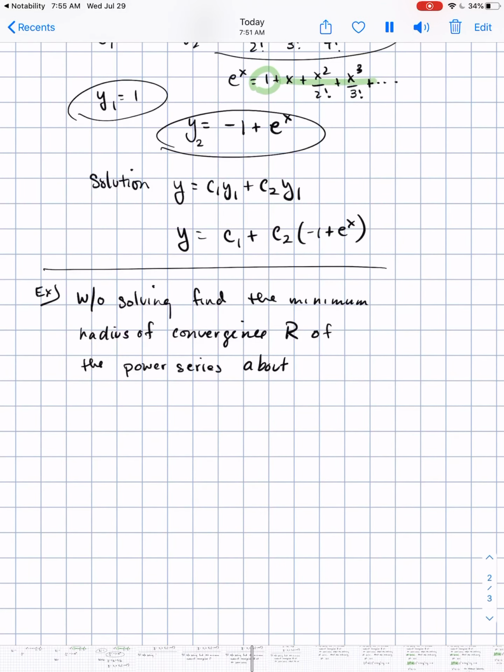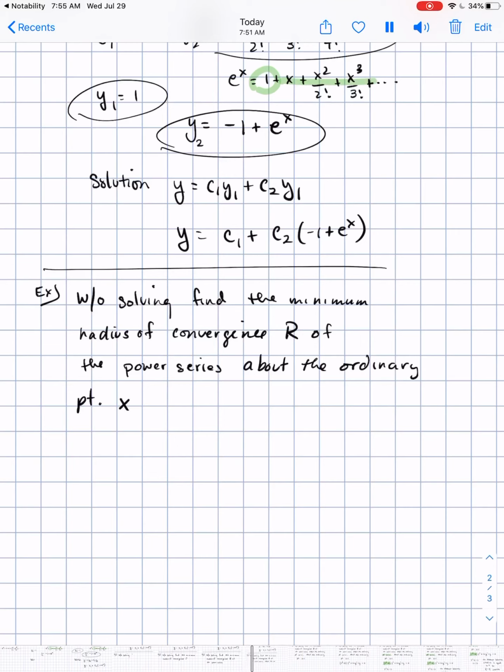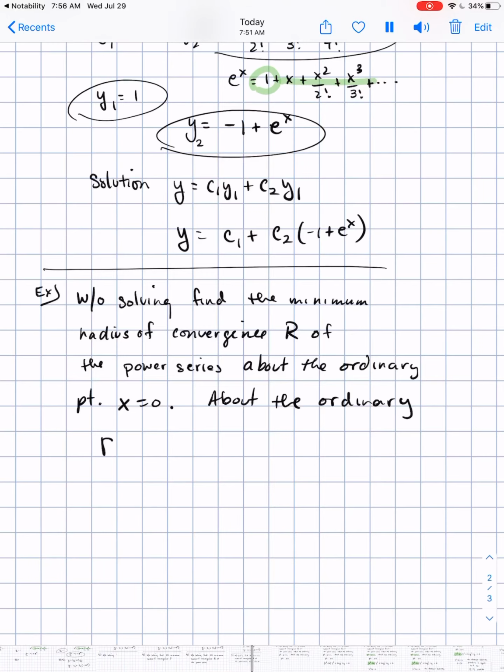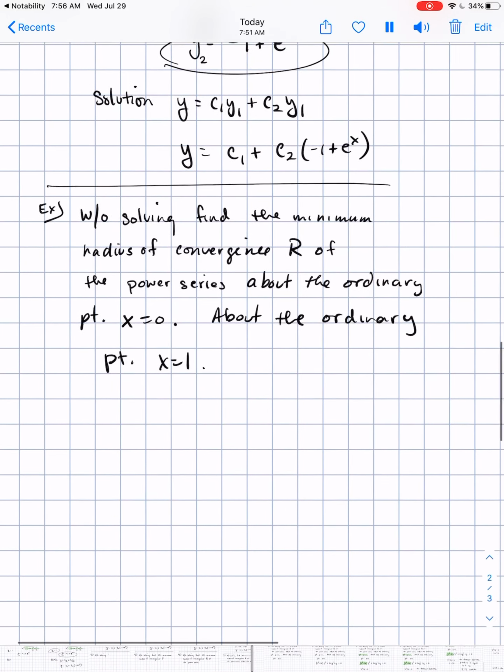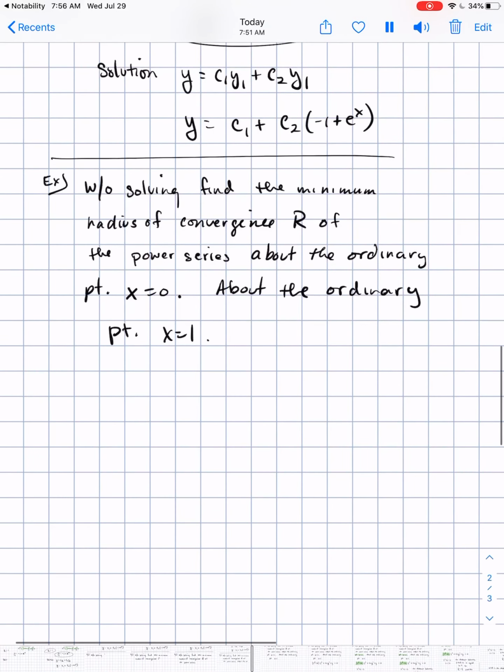So they do two things. They say about the ordinary point x equals 0 and about the ordinary point x equals 1. All right, so when you do this,